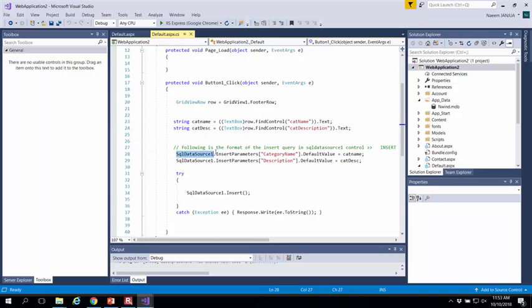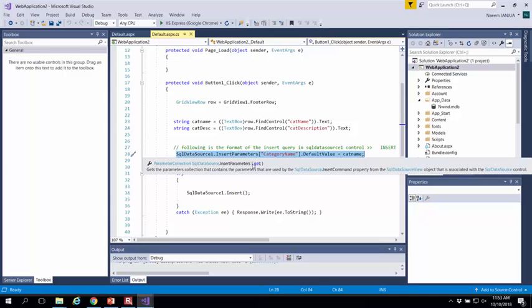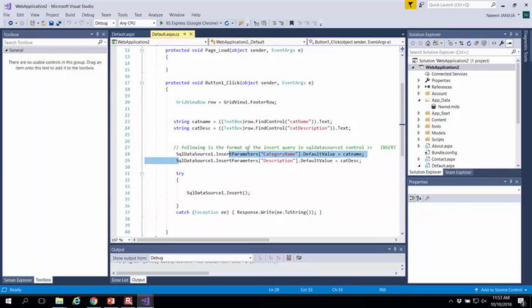I have SQL data source, and this is another way you can insert the parameter into the query. Okay, the query is again within the data grid, because data grid is retrieving the information, and we have defined queries in SQL data source control. So I'm inserting parameters to add the value, both category name and description, and then I call this method of SQL data source dot insert. Insert query will be executed. Okay, so look at this code, and if you decided to use grids in your assessment tool, you can follow